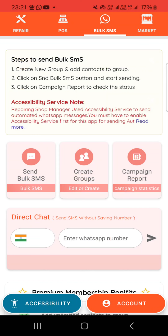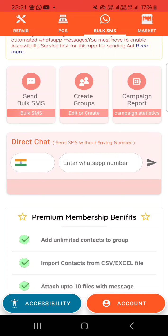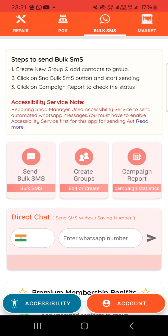Then there's the feature of bulk SMS. So if you notice, whenever I was moving from shop to shop, I would send a message to literally everyone. You would receive a message. It's because I was using bulk SMS. So I can literally click every contact that I've got on my phone. It will send the same message to each and every person. So it is a very interesting feature and a good feature, especially if you are running promotions, if you are moving from one location to another. All your customers will be alerted. Unfortunately, everyone else who's also not a customer, they will be alerted. But then,